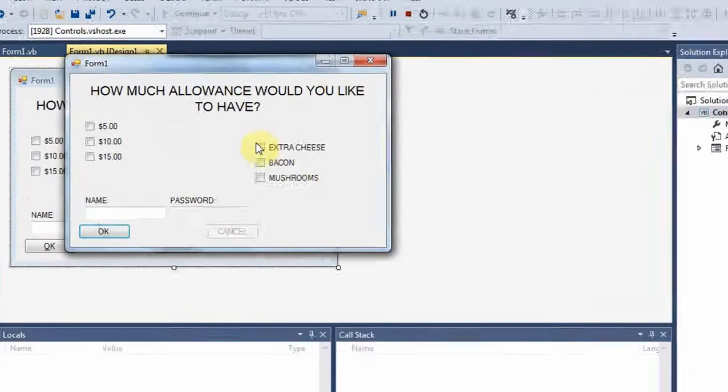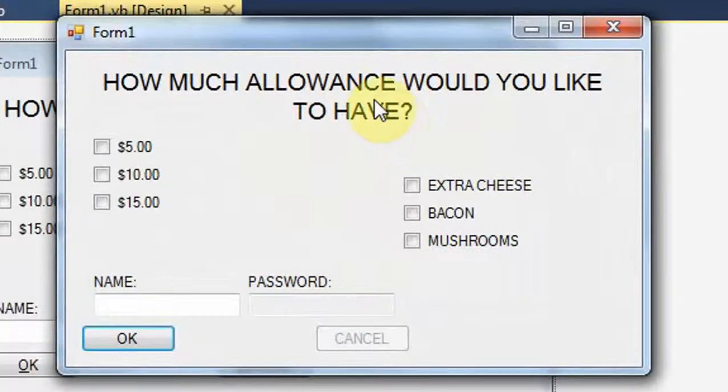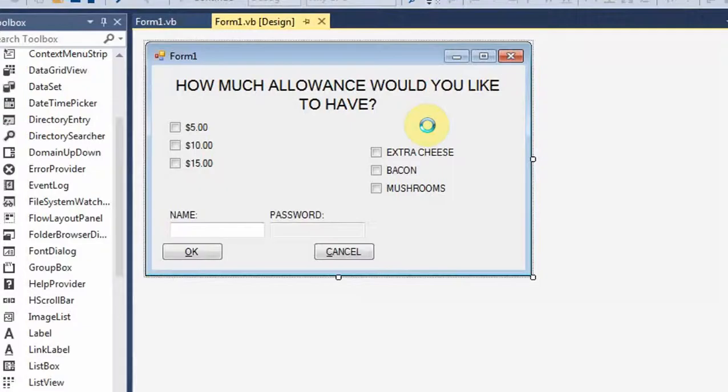Now, if you press F5, it kind of makes sense. Ignore this right now. Let's just imagine this says, what would you like on your pizza? And they can select extra cheese, bacon, and mushrooms. No, I don't want mushrooms. Okay. So they could place the order that way because you can have extra cheese and bacon together. Now, with that said,